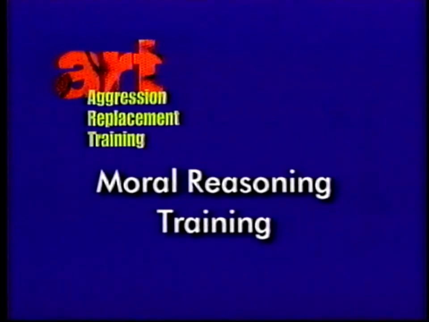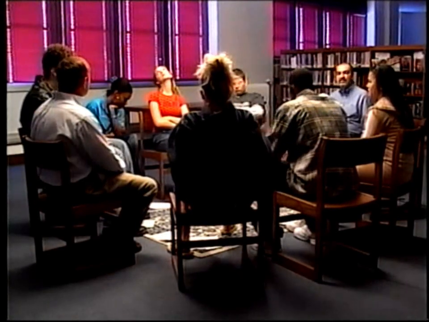Mark Amendola and Robert Oliver conduct a moral reasoning training session with a group they've been meeting with regularly. They demonstrate the 4 training phases, from reviewing the problem situation through consolidating mature morality. Group members' responses may be recorded on a chalkboard during the session if desired. The moral reasoning component is the values component of aggression replacement training. It was developed by the pioneering work of Lawrence Kohlberg and assisted by John Gibbs of Ohio State University.